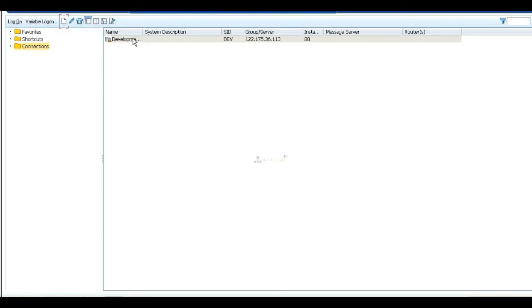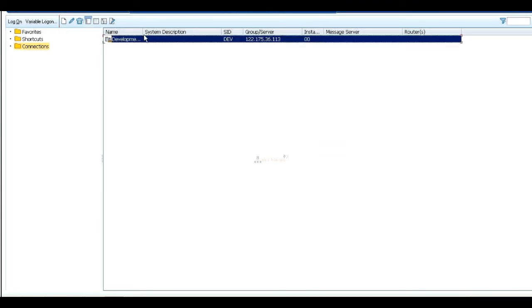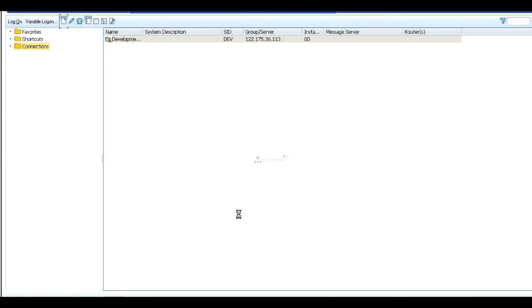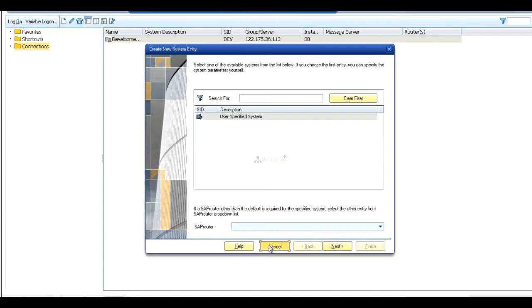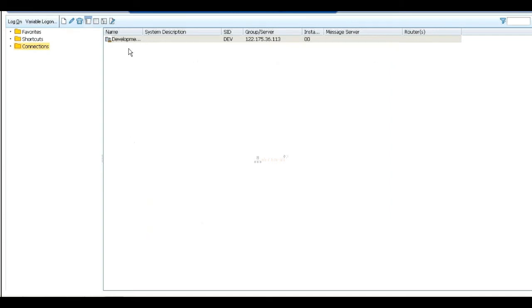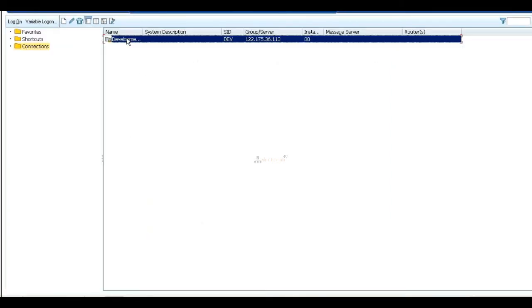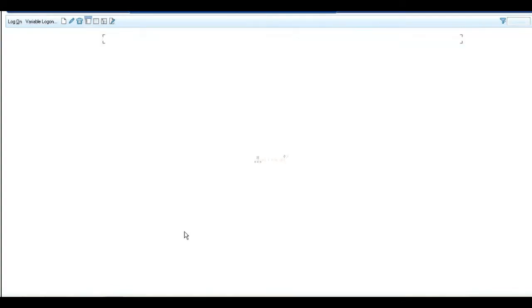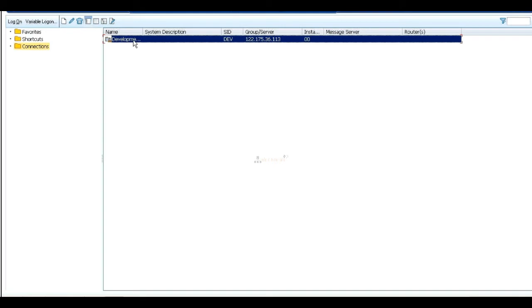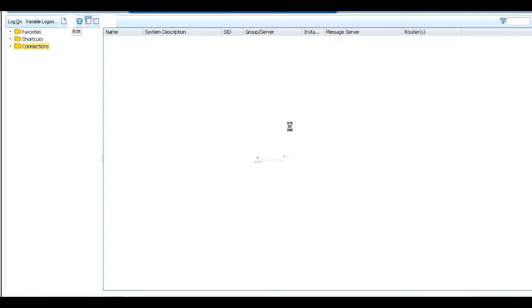Now the entry has come. Like that, you can add any number of entries here if you have more servers. Double click on that, then Change.